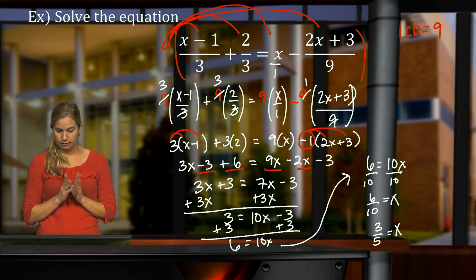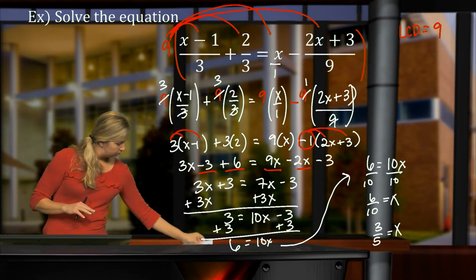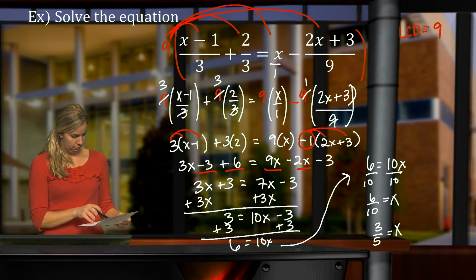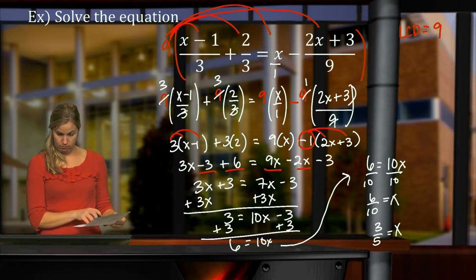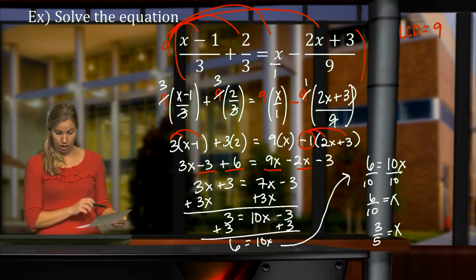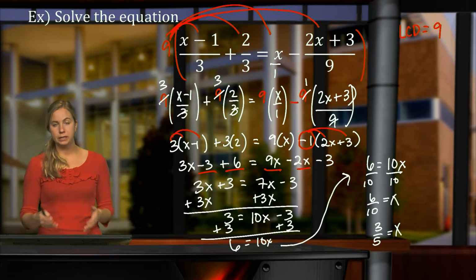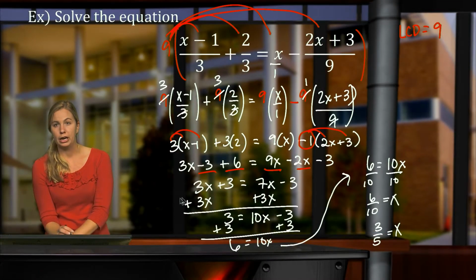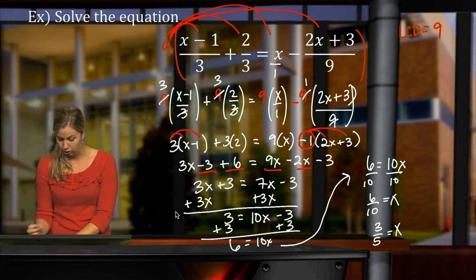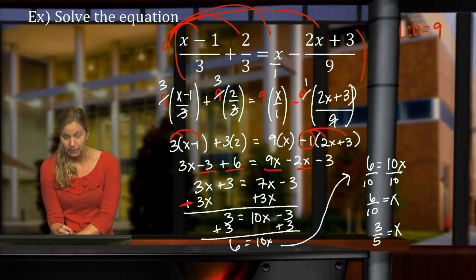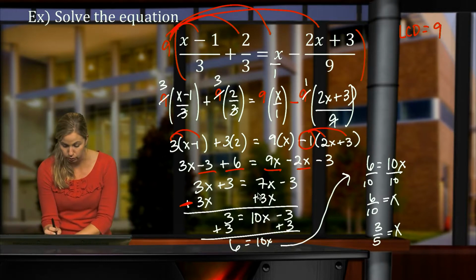Let me check this because I have a different answer. Oh, all right. So I found my mistake, and this is something that you guys are going to have to be very careful with. If we look back, and maybe you've already identified the mistake, in this step right here, notice how when I was combining my x terms, I added 3x. This should have actually been a minus 3x because it was already positive. To move it to the other side, we have to subtract 3x, which is going to make this